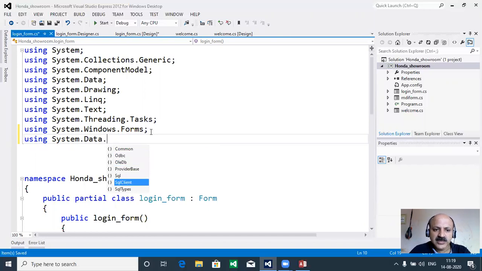If your backend tool is SQL Server, you can take SqlClient. OleDb is universal, you can connect to any database, and ODBC, open database connectivity, is there, and Oracle client is not in the list. You can add a reference, then it appears in the list. Okay, so here we can use OleDb